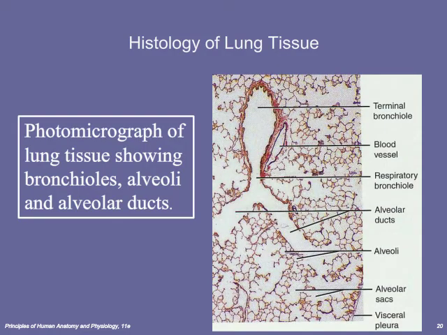Now in the previous slide you saw what was basically an artist's rendition of what the respiratory zone should look like, but this slide actually shows a histological section of the lung tissue, and so you can see that it looks a lot different. You can see on here that we have lots of little bubbles, some of which are broken open, and the bubbles are indeed the alveoli. The alveoli themselves are composed of a single layer of simple squamous epithelium, and so they're very thin and very delicate, but their thin membrane makes them very good for transporting our respiratory gases across this epithelium into the pulmonary